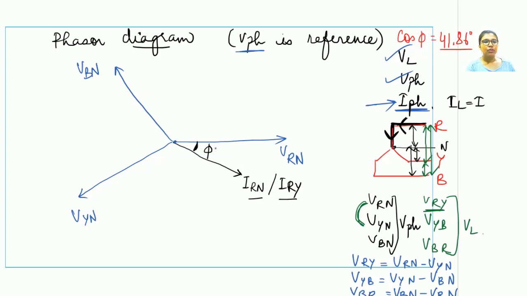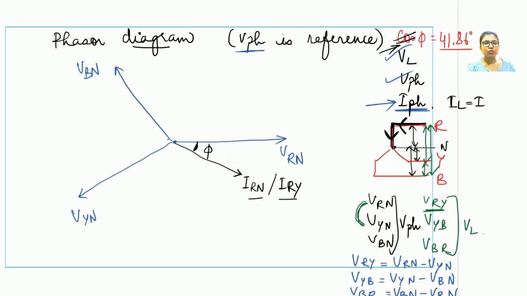You do not have to mention here 41.86 degrees. For that you can write over here. Actually it is not cos phi, it is only the angle of phi, which is 41.86. The value of cos phi would be the cosine of this angle. So you can just mention here on the top the value of phi, and you can show the angle phi in the circuit.